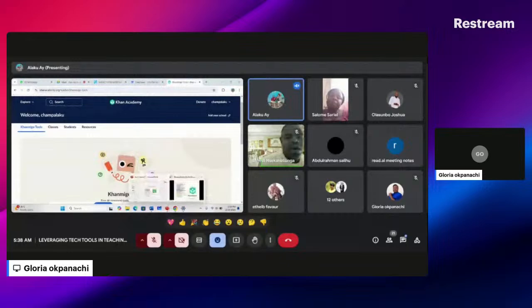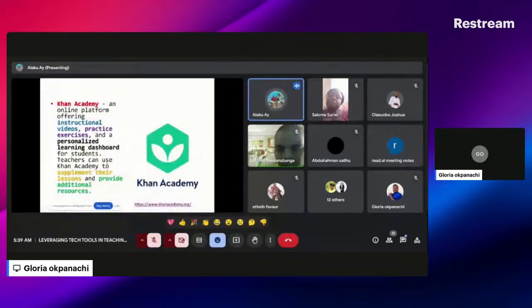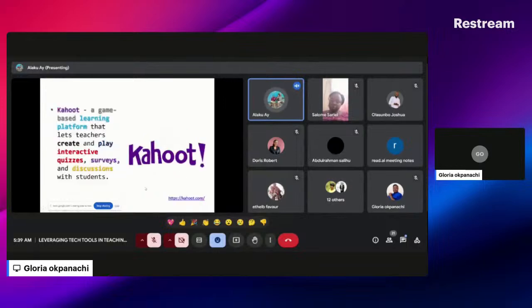Other platforms can help us do that too. So take note of Khan Academy, you can explore it later on. Kahoot, I know almost everybody here knows Kahoot. This is more like a game-based learning platform that allows teachers to create